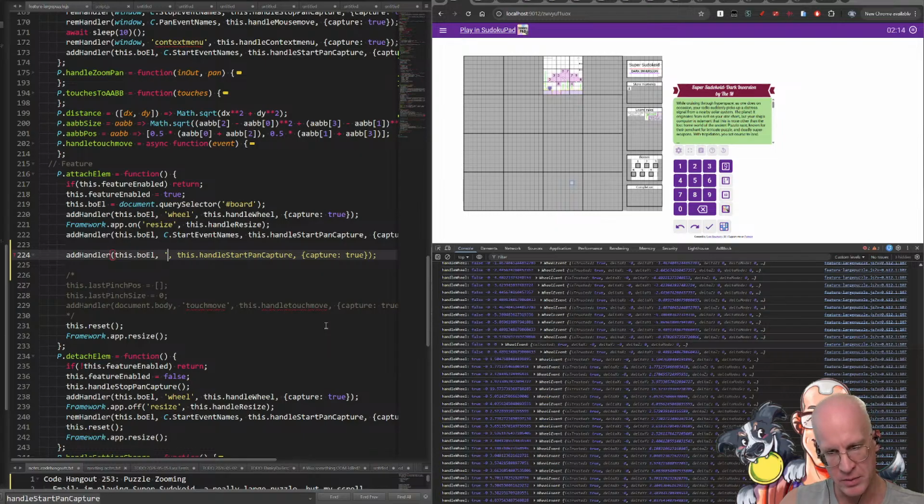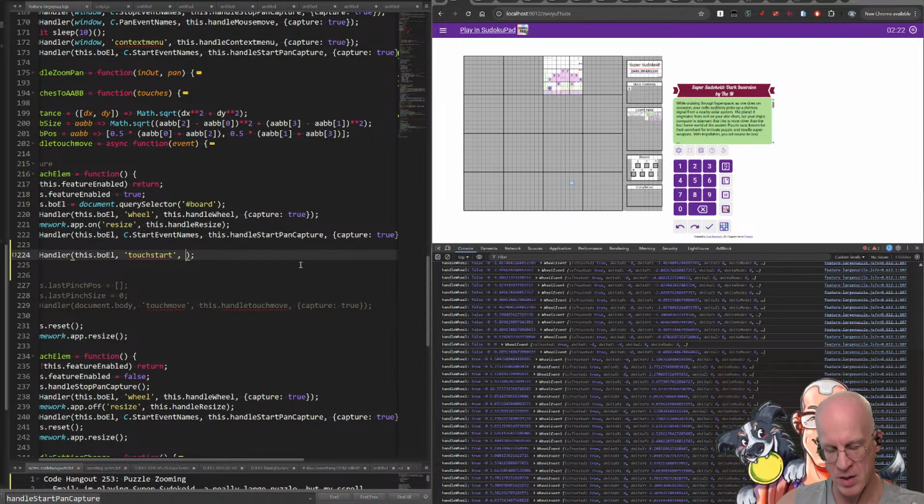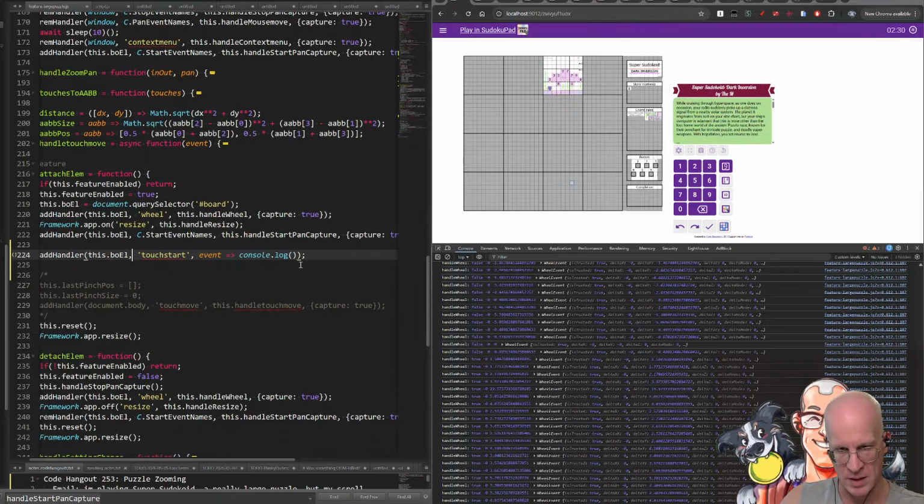I don't even know if this is touch start or not. So let's try to figure that out first, right? So if we do event, the log, we'll just say touch start event,